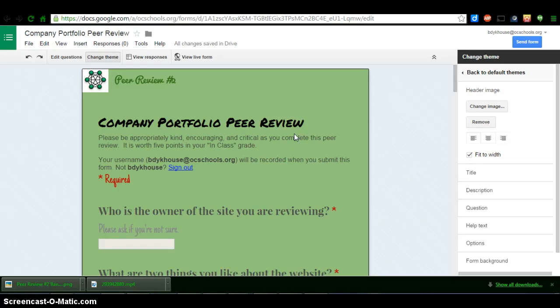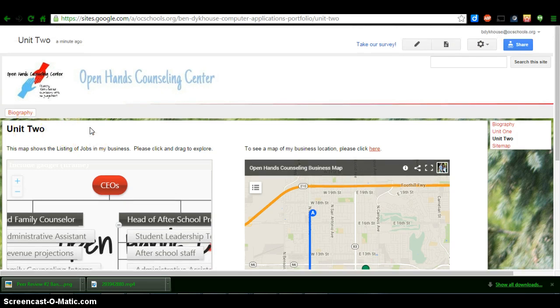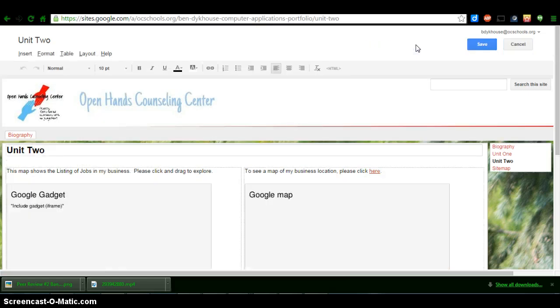A final step of a Google form is to make sure it's placed or posted or shared in a place where it's very accessible and people can take it. So I'm going to show you how to embed your Google form onto a Google site. So I am going to navigate over to my Google site, and notice I'm on my Unit 2 page of my company portfolio, and I'm going to go into edit mode,